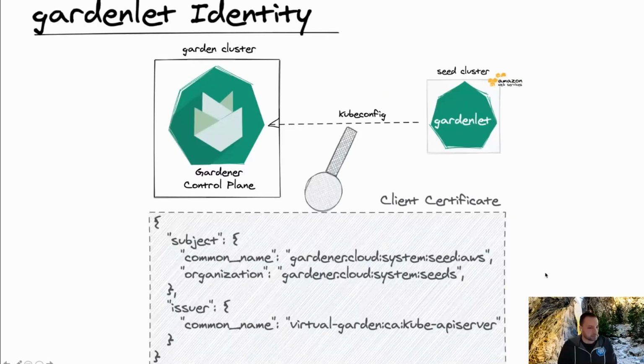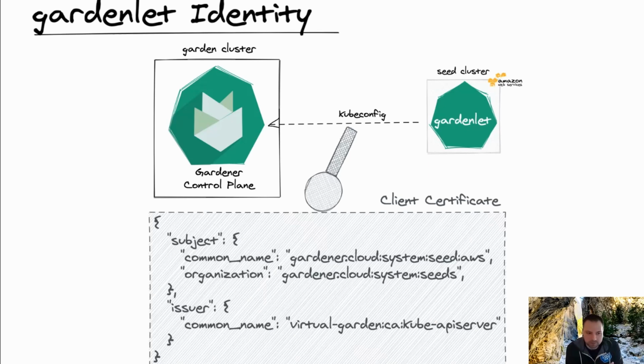So the next topic is the gardenlet identity. Somehow we need to know, if we get a request, first of all, is this request coming from a gardenlet or from something else? And then the second thing is, if it is coming from a gardenlet, which is the seed cluster this gardenlet is responsible for? And the way this is done, again inspired by how it's handled in Kubernetes with the nodes and kubelets,